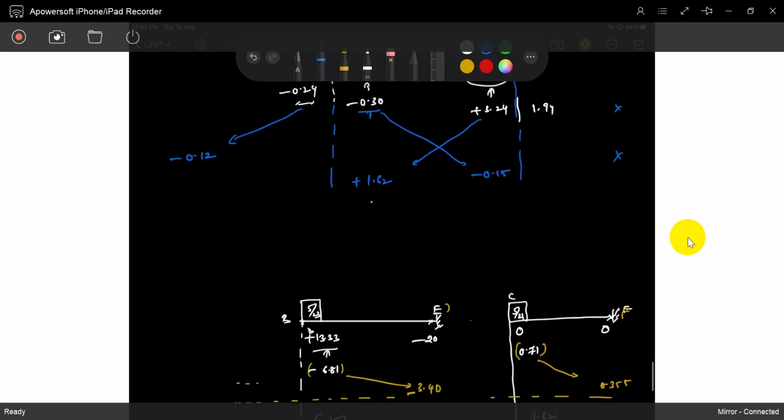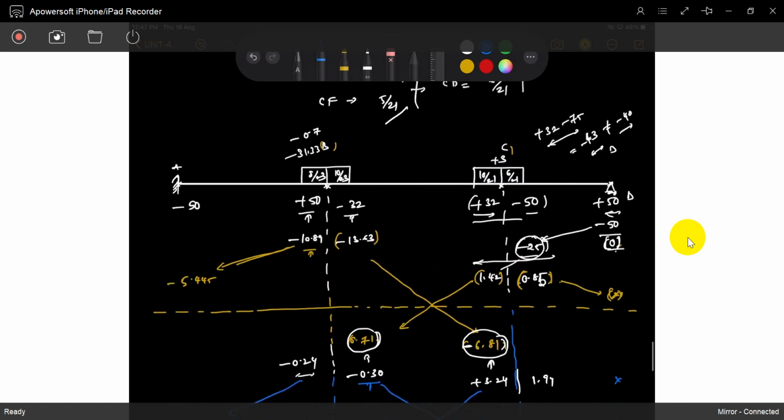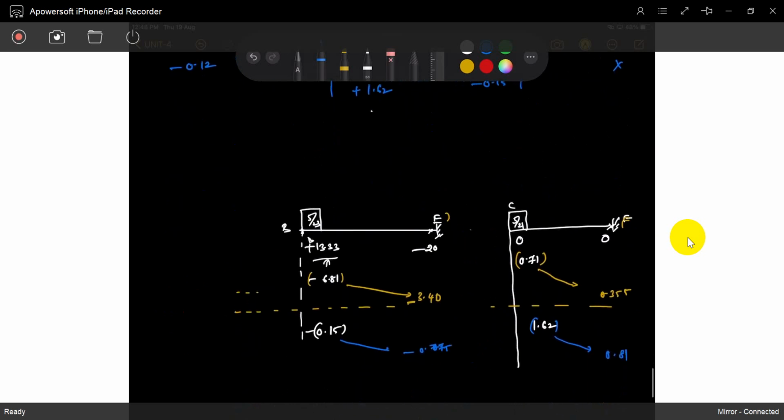No need to do the minus 40 again because we settled here, so no need to check. Again, whatever is unbalanced we will settle. Because in the first iteration you settle everything to 0 or 40. We settled it, but later from the carryover moments of the other joints we get some unbalanced moment. The unbalanced moment we again distribute based on the distribution factors. Okay, for the second time also we will get 0.